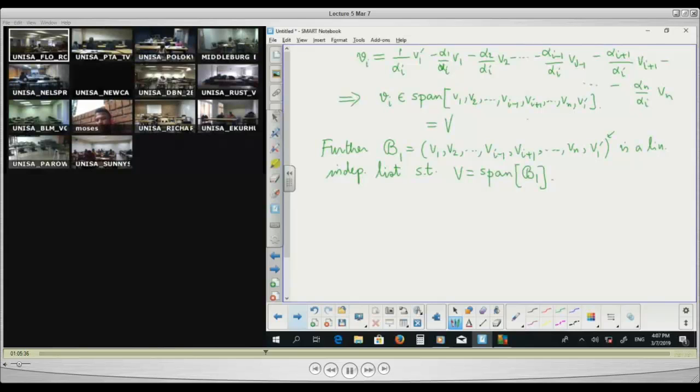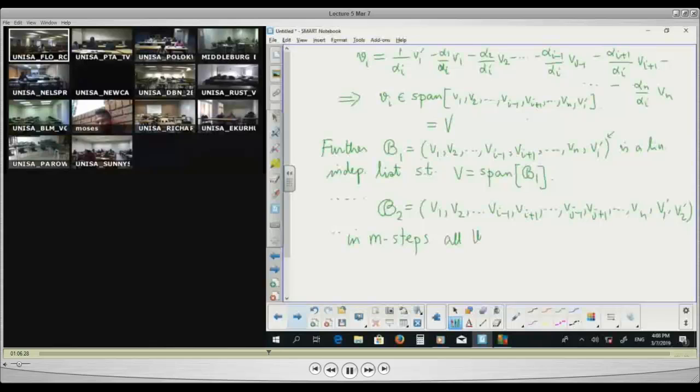So in the next step, by the same argument, I will produce a list like this, which is linearly independent and would span V. And if I go on and on in this way, in n steps, all the vectors would be in a list of